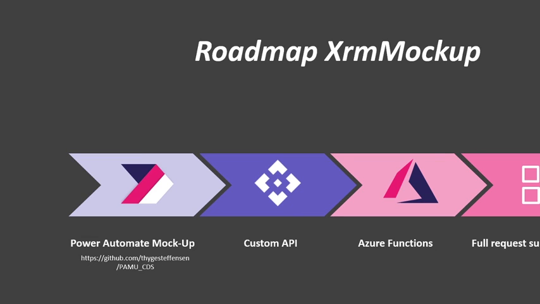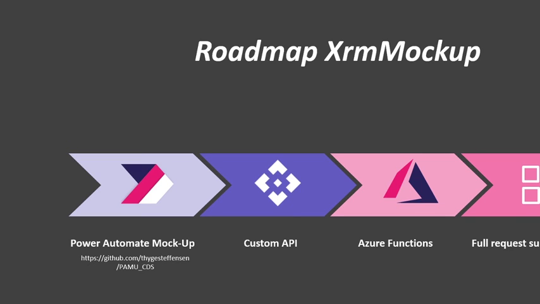So the first part is this Power Automate mockup. It is actually created by a student of Delegate. He created it for his bachelor project. And the idea is that Power Automate flows have this JSON description. So if you can interpret it the same way that we interpret workflow XAMLs, then we can execute them inside mockup. Since Power Automate is a separate part, it would be its own mock,